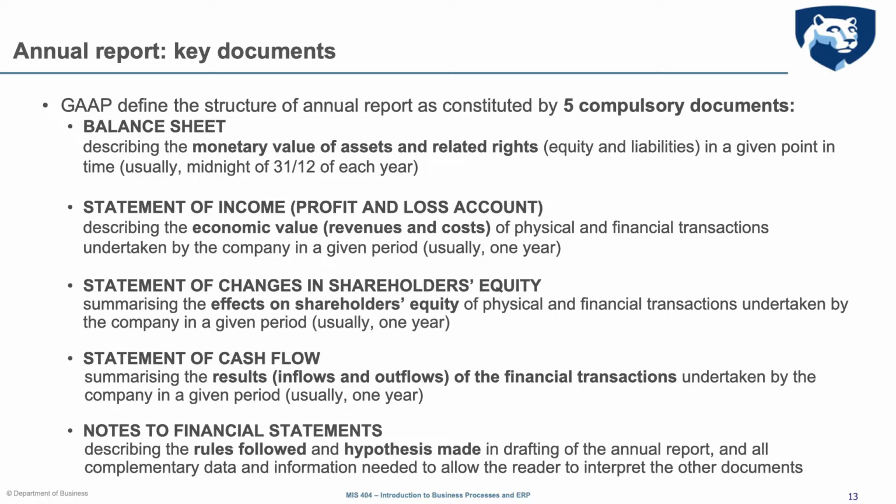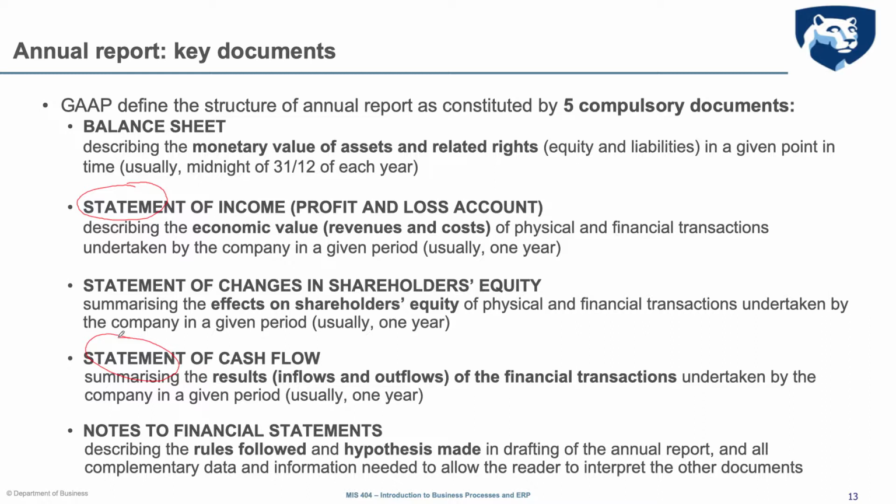Then the statement of income or income statement or profit and loss account, which instead summarizes all the economic transactions that have been recorded for a company in a given year in order to understand if the company has generated a profit or a loss,